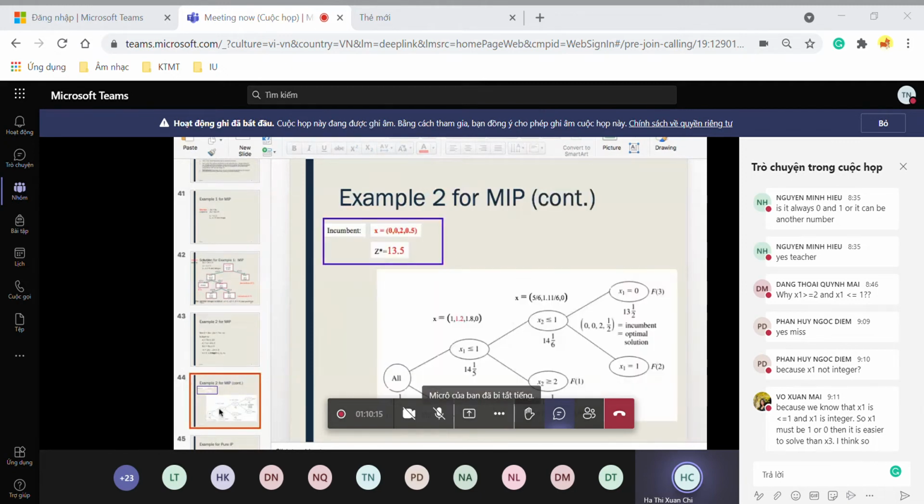So we have x1 greater than or equal to 0. But in this case, x1 is not integer. So we must show that it should be integer. If x1 is integer,